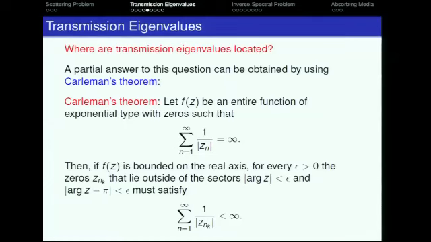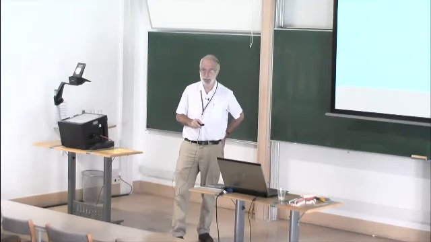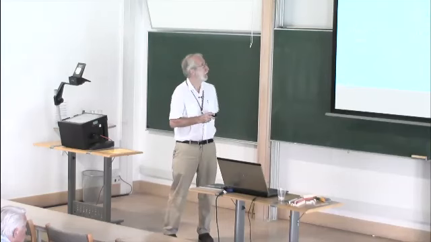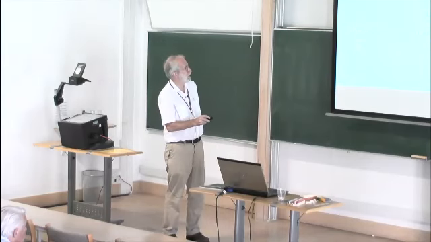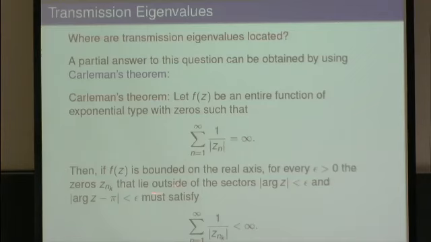And one way to look at where they are is to use a theorem called Carlson's theorem. Carlson's theorem says that if f of z is an entire function of exponential type, with zeros such that this is true, and now if n is bigger than 1 or less than 1, we know that's true by this asymptotics, then if f of z is bounded on the real axis, for epsilon greater than 0, the zeros that lie outside of these small sectors have to be such that the sum is less than infinity. So that means in some sense, most of the zeros lie on the real axis,